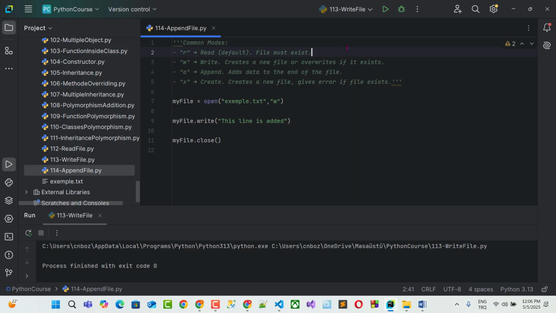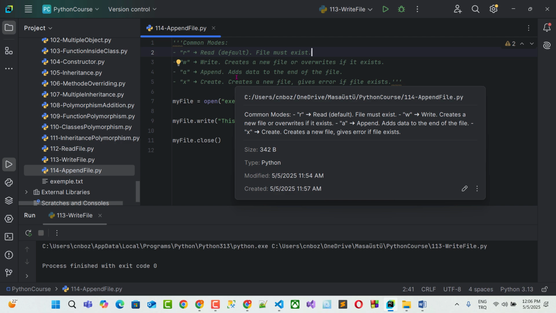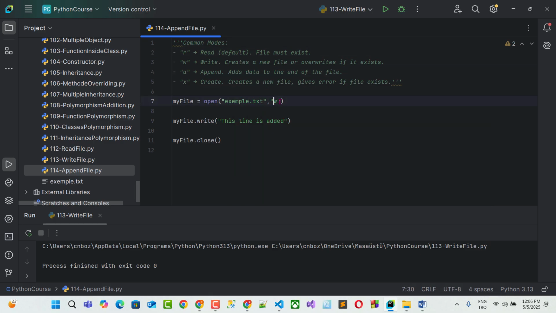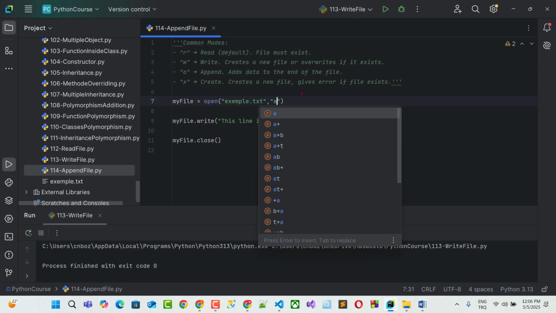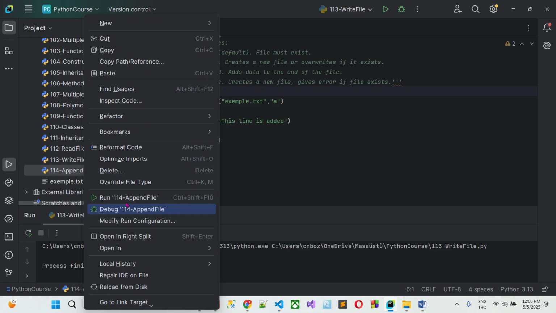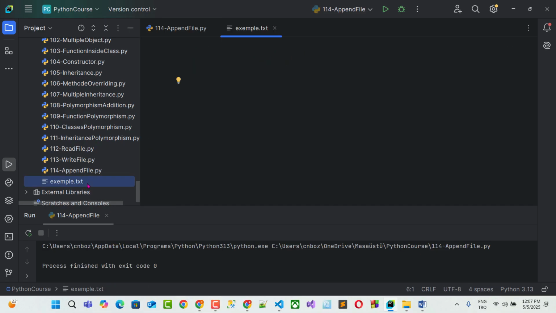But if we want to save our file, our text, and just append a new line, append something, we will use A. So I change my mode right now to A. If I right click and run it, you see I saved the existing content and I added this line Z